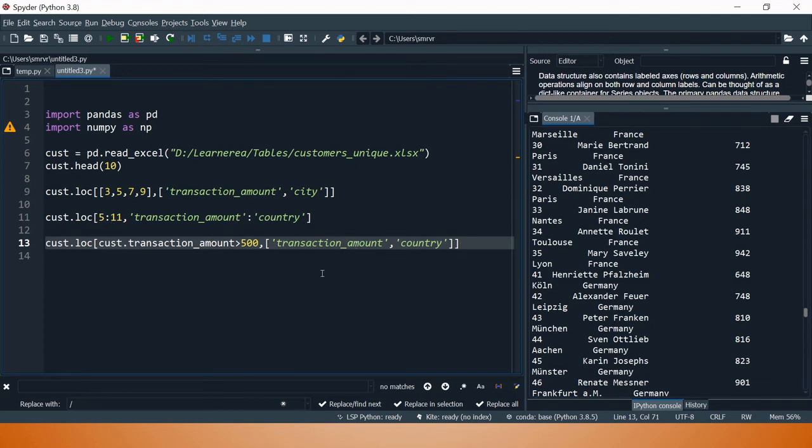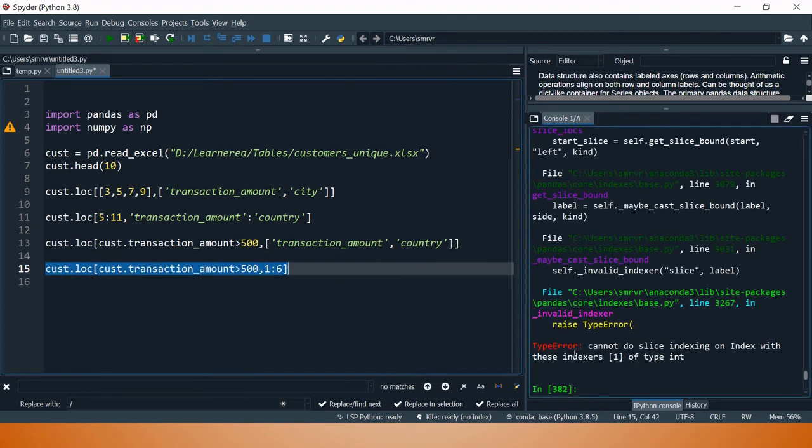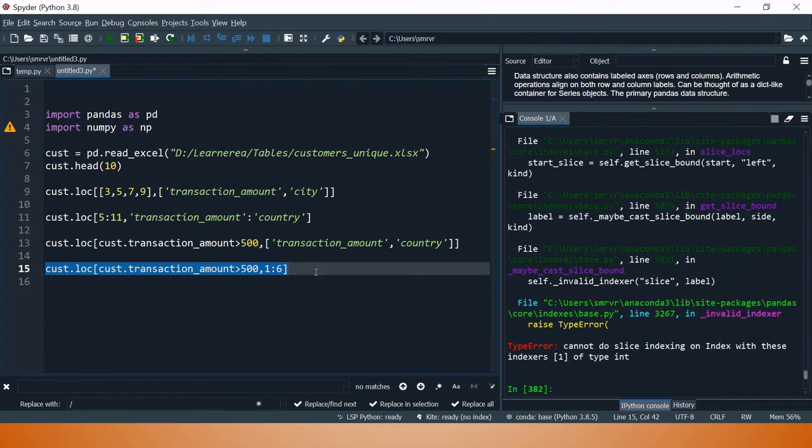Can we do that? Let's try to do that. So here I am just trying to say, let's say 1 till 6. Is that working? No, this is going to give me an error. So how can we fix that? Is there a way to make it work?